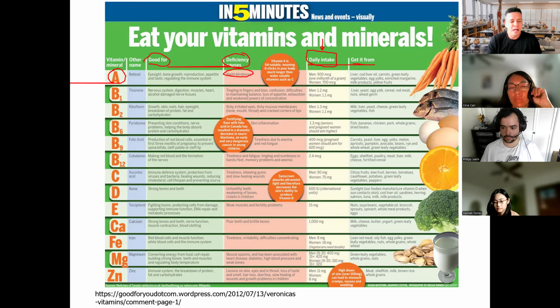We know, for example, that vitamin B12 is essential for red blood cell formation. If you don't have enough vitamin B12, you will not be able to make enough red blood cells. You're going to feel tired, you're going to have fatigue. We know, for example, that vitamin D is extremely important for absorption of calcium. If you don't have enough vitamin D, calcium absorption is going to suffer. We know, for example, that vitamin K is very important for blood clotting. Okay, so these are the type of connections that you need to start understanding in terms of vitamins and what they do for our body. Okay,